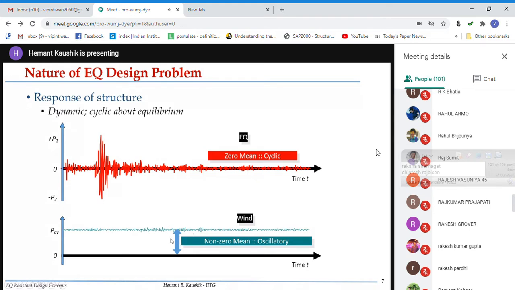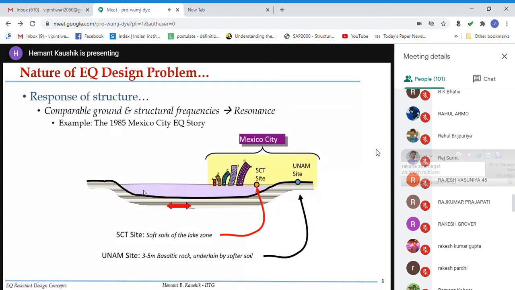So this is the primary difference, and you can see the response of the structure is much less compared to the response during the earthquake. Okay, so this is a primary difference, that it is zero mean versus non-zero mean. Now, it is not only about the zero mean, but also about, I mean, a lot of structural response